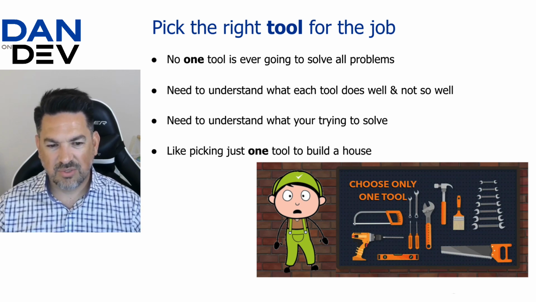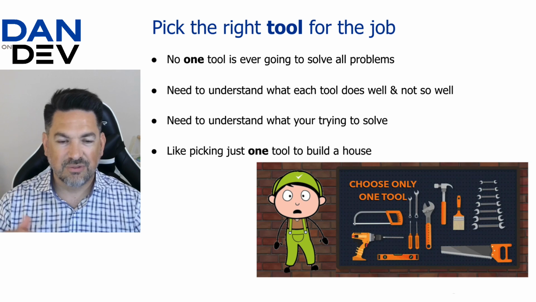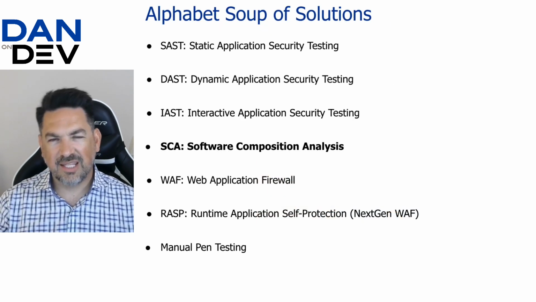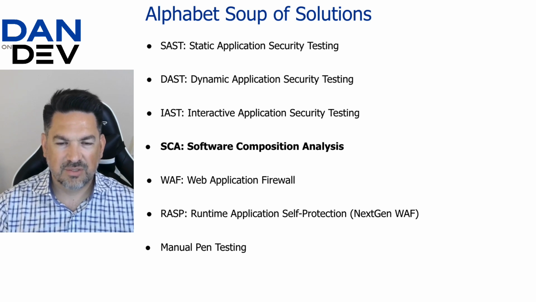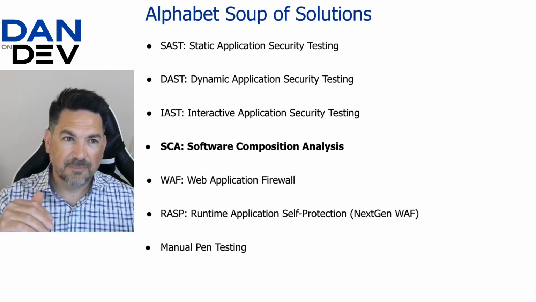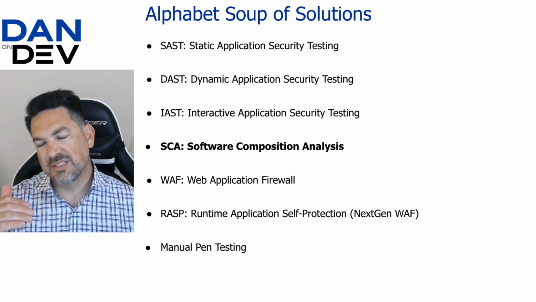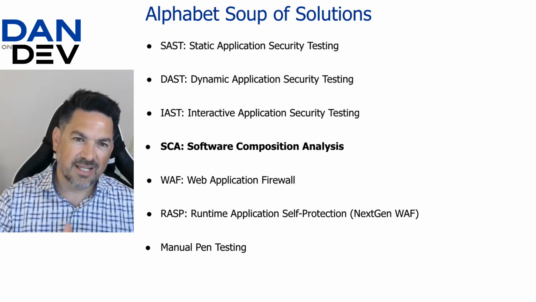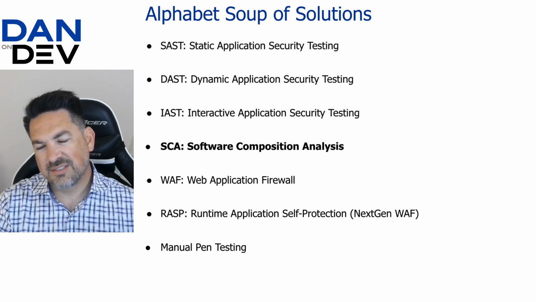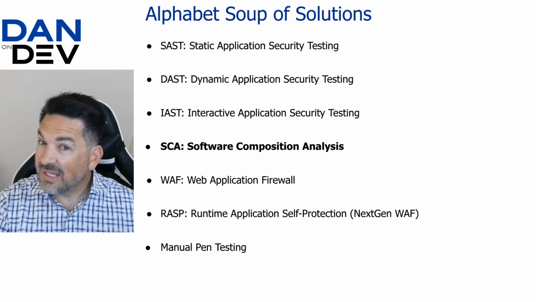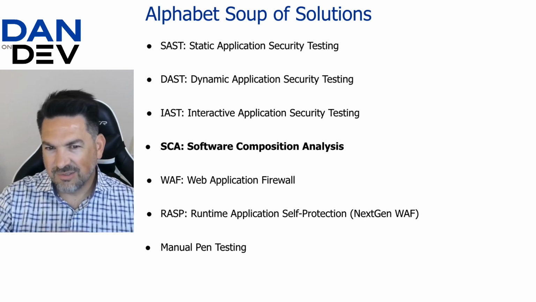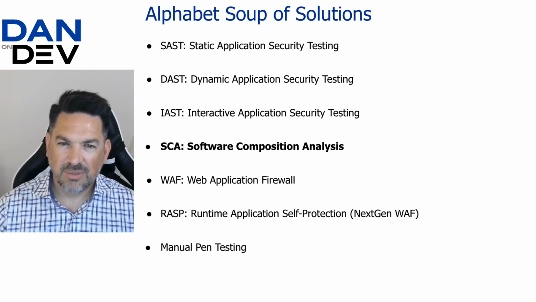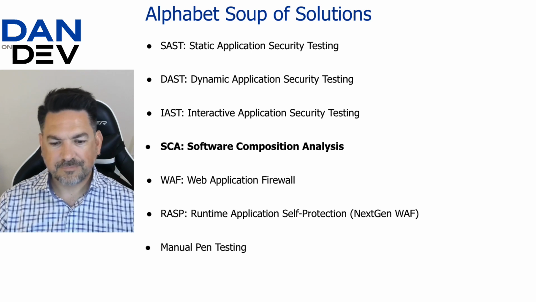So that's really what I'm trying to focus on here: let's look at these different categories of products and figure out what they are good at and not so good at. So today we've already covered, in the second episode, the static analysis tools, the DAST tools. Then we did IAST. Now we're finally on SCA. This will be the last automated attacking or testing tool. Then we've got some defensive, and then we'll talk about manual. But we're working our way through this series.